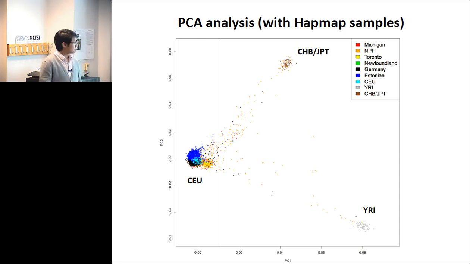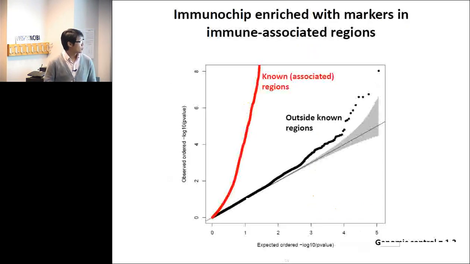Then we perform genetic association analysis by controlling for the principal components, using those as covariates, and we also use the individual center as an indicator variable in the association. So